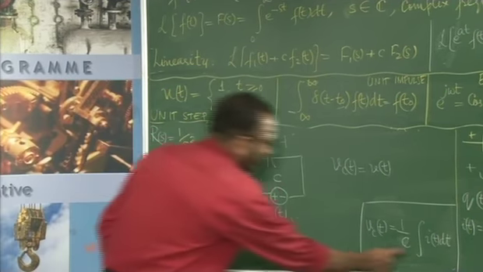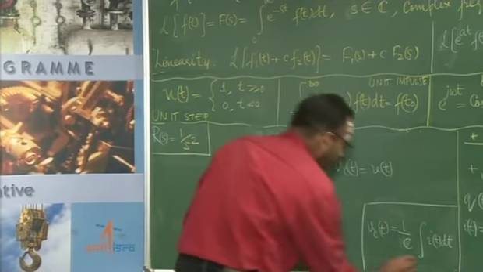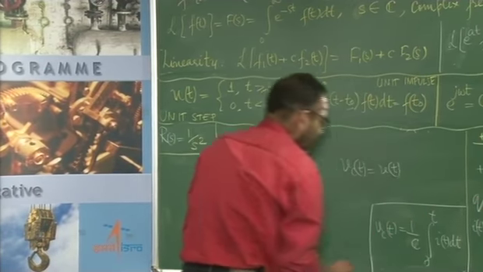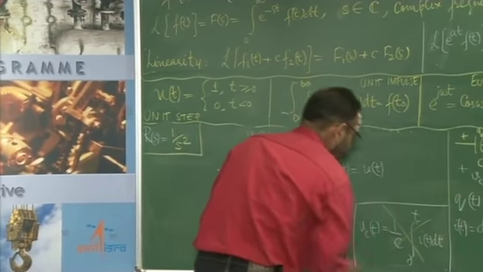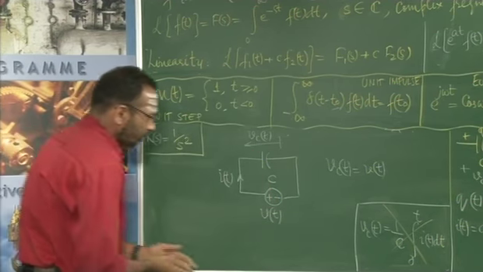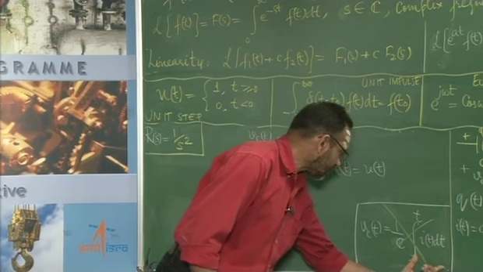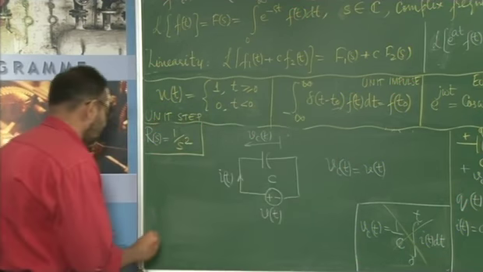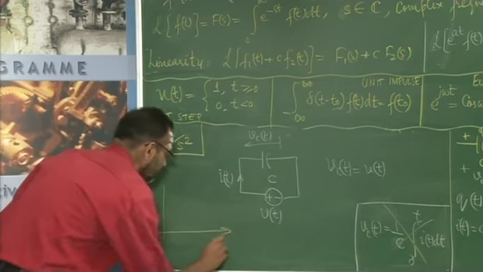Besides, let us look at what this means. There are people who are going to write this as 0 to t. Now, even this form of writing is wrong. Let us see what this means physically. Let us look at this integral. What it says is, if you have an I of t like this,